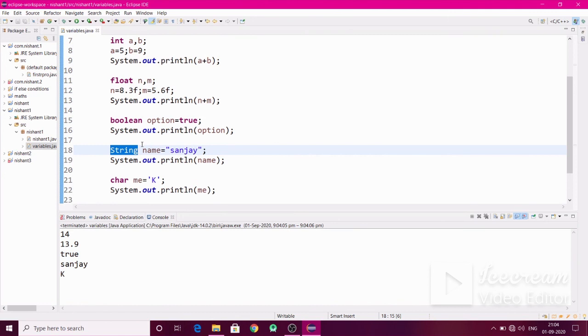These variables are not only for printing, we use them to store values: integer stores numerical values, whole numbers, float stores decimal values, boolean stores true or false, string stores alphabetical words, and character stores only a character. No, not a word, a letter.